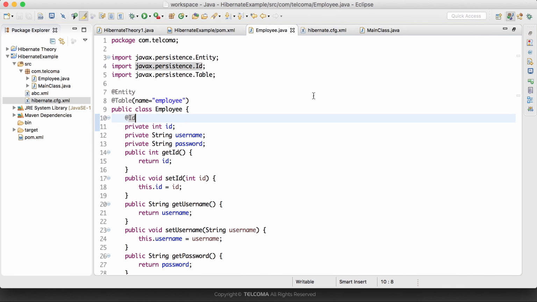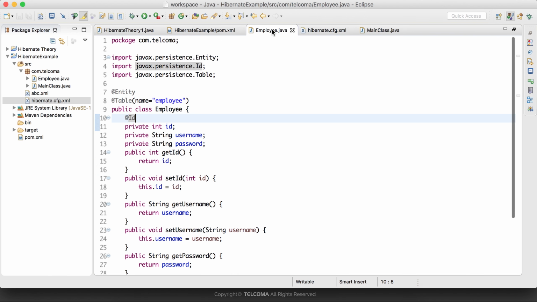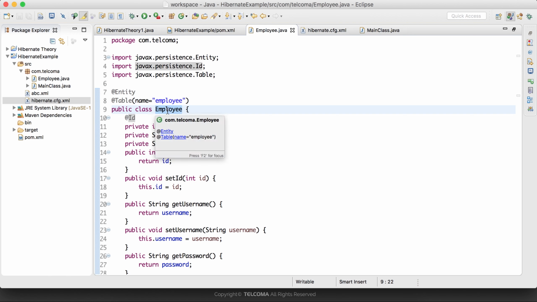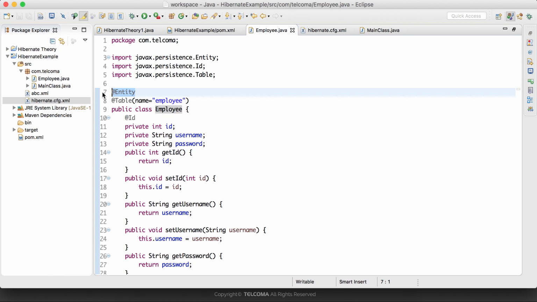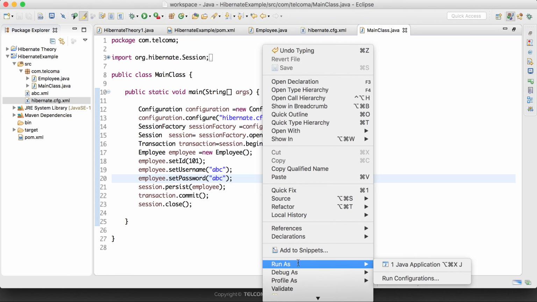Now earlier we were using this Hibernate HBM file. Now we have removed the Hibernate HBM file, and we have mentioned that yes, this is my entity. So we have included this entity, and to make this POJO class of employee an entity, we use the annotations @Entity and @Table, and then @Id. Then in main we will load the xml file, and let's say username is abc, password is abc. So let's run this program. Run as